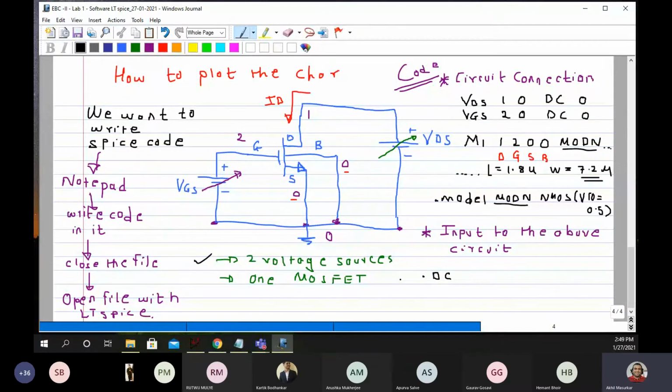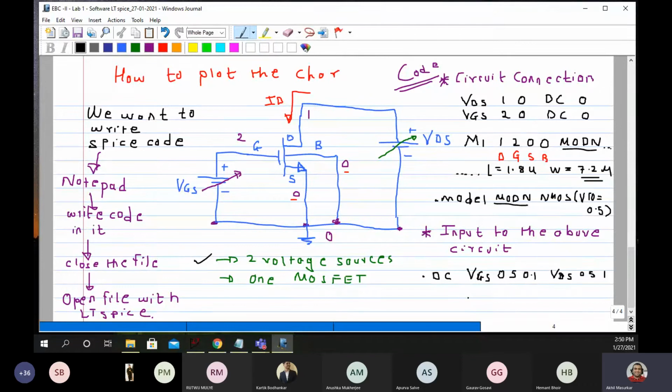So I want on X VGS, and I want to change it from 0 to 5 in steps of 0.1, and like this I want to see for 5 values of VDS.